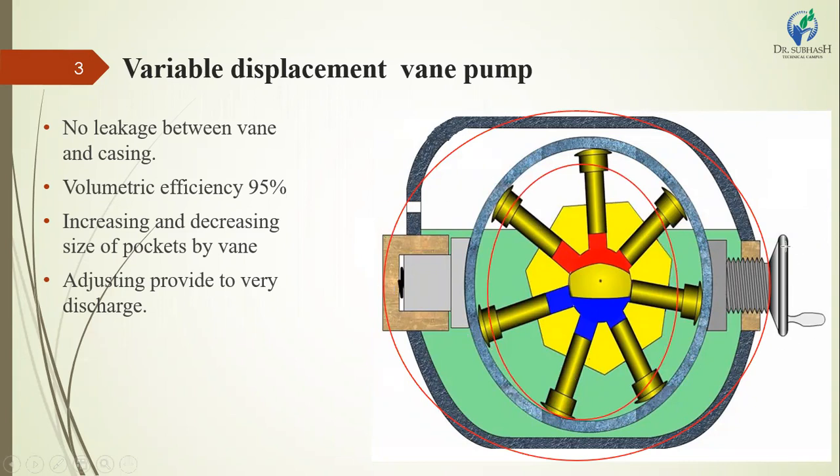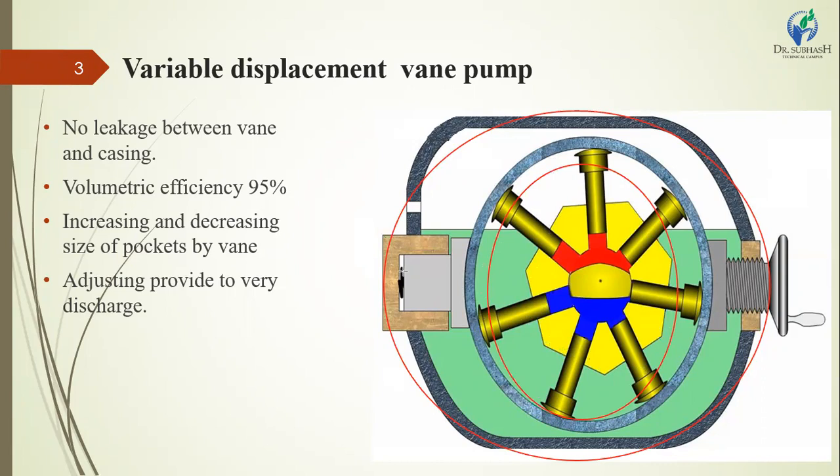With this adjusting screw, depending on how much outlet flow we require, if we require a higher flow then we expand the ring, and if we require a lower flow then we compress it. That is the inner side of the vane. Vanes are inserted in the radial slots. One side is considered the inlet portion, and the other side is considered the outlet side.